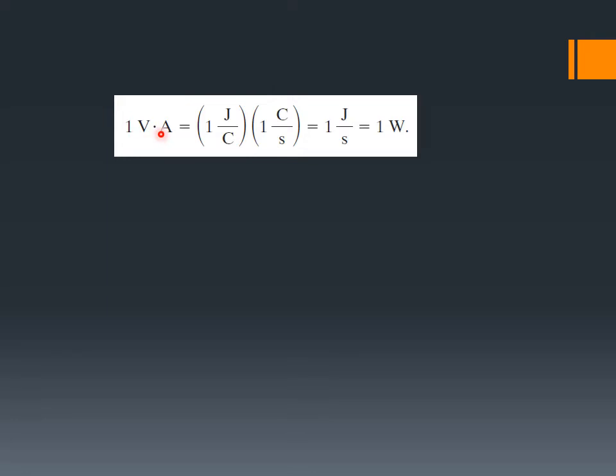I is the current, ampere. Sorry, P is equal to VI. So V is the voltage and I is the current, ampere. So you can write voltage as joule per coulomb and ampere is coulomb per second. So these two will be cancelled out and it will become joule per second. And joule per second is a watt. So the unit of power is watt. So it is derived in this way.